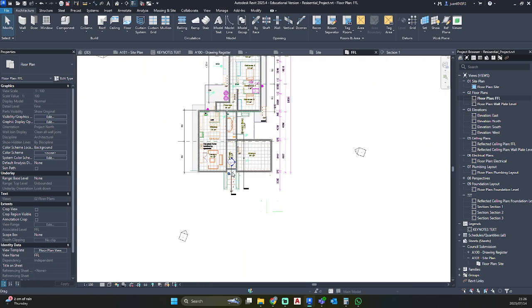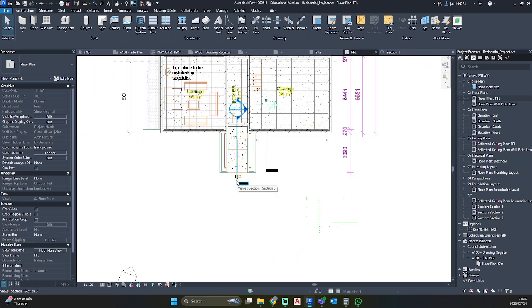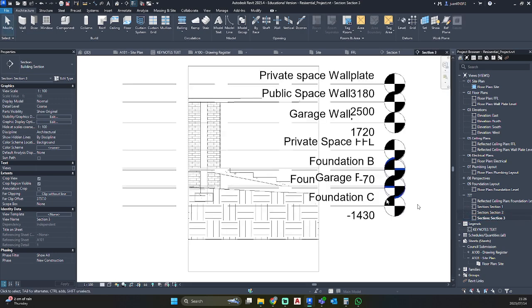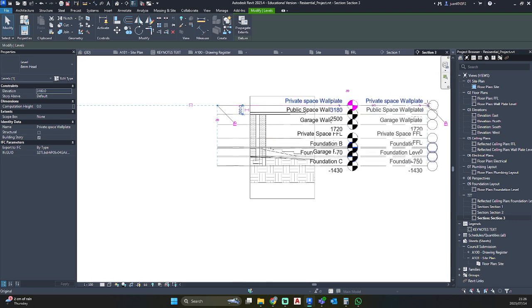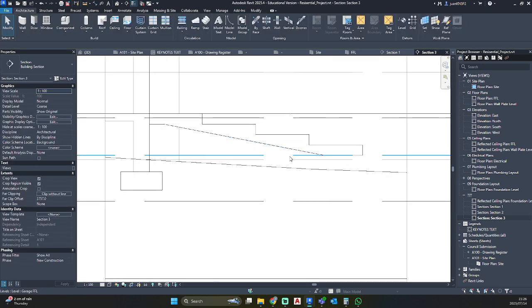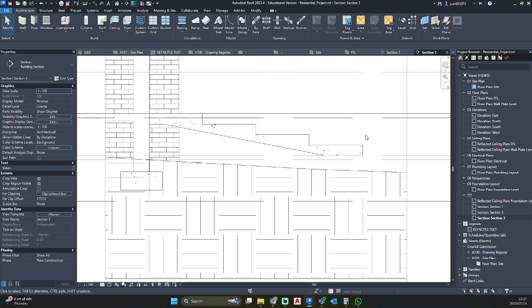If you want to view the section model, go to that section that you've created, just hover on it, then it will give you the name. Mine is Section 3. Just going to move all these out of the way, and there we can see our beautiful staircase.